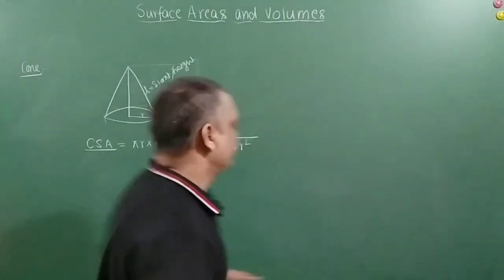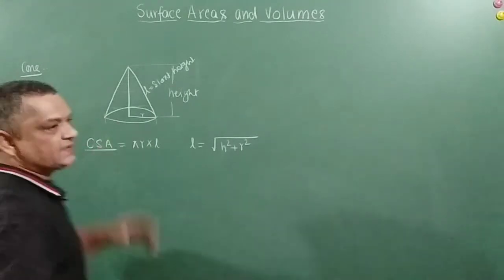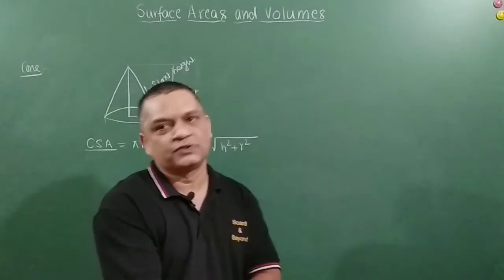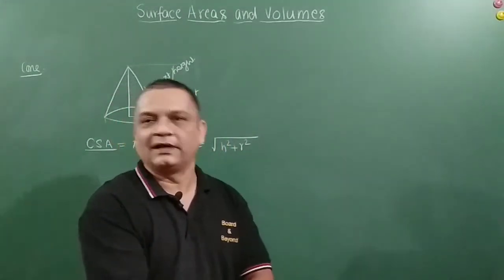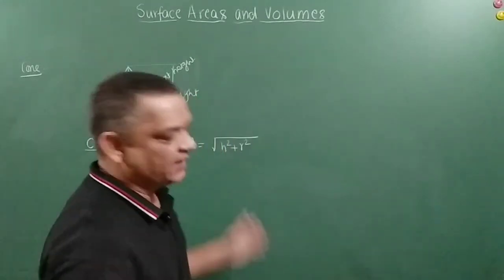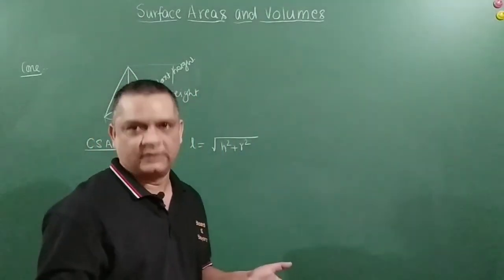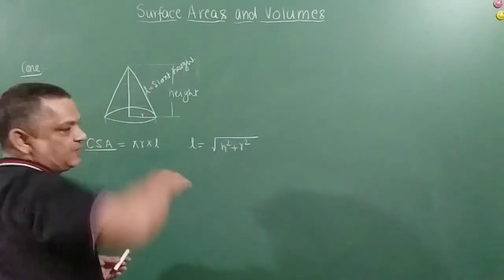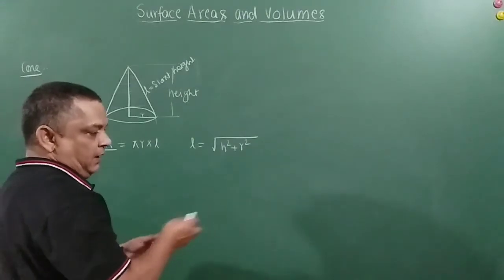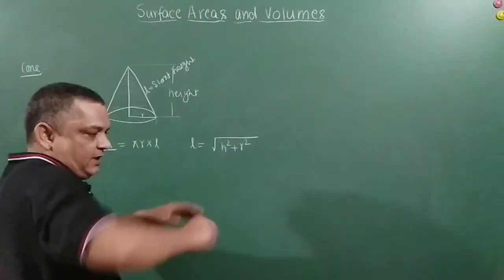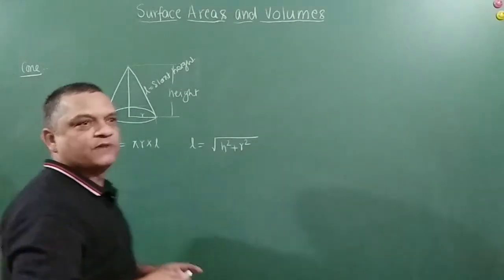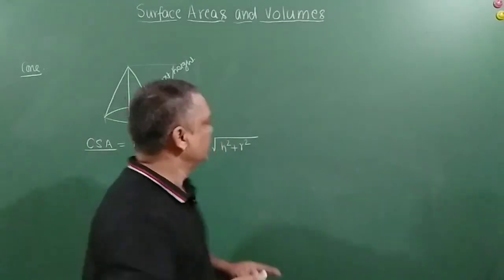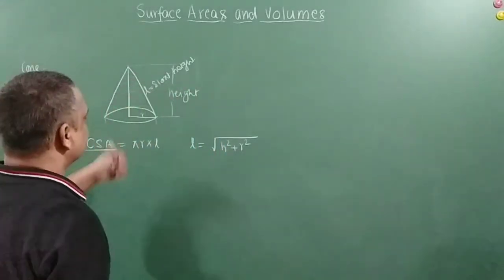So whenever the figure is not regular, all the logics will not hold good. Derivation of these things will be for higher classes, because you use integration and calculus to derive all this. Curved surface area is like when you open up the cone. You would have seen a birthday cap, or a funnel at your house. Those are examples of this. So this is curved surface area.